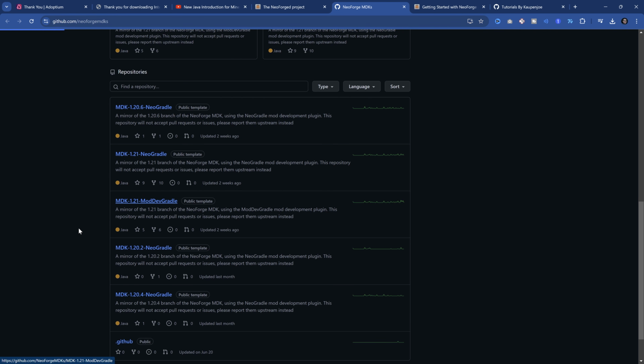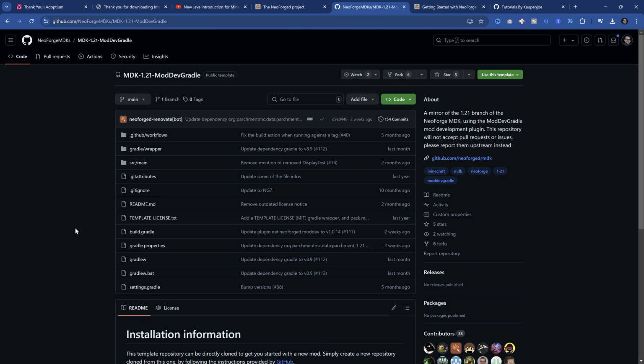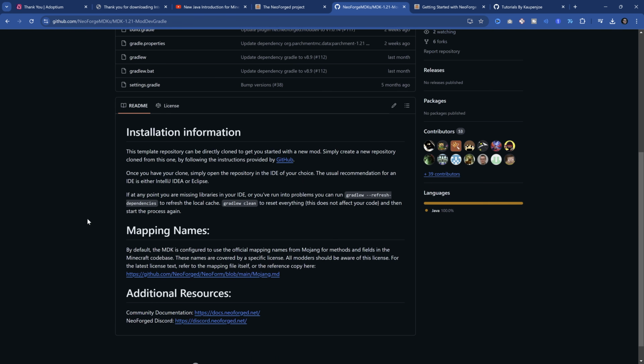We simply click on this public template, and now you might not be logged into GitHub. So you now need a GitHub account. There's basically no other way around it. Basically, just go to github.com, make an account. I'm telling you, it is an absolutely reputable site. It is basically the go-to site for anything related to uploading code and sharing your code and things like that. And then it is super freaking easy, okay?